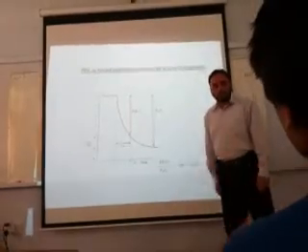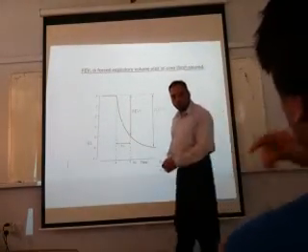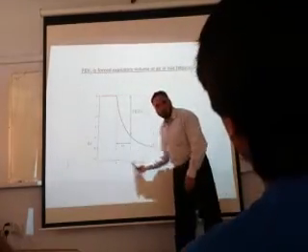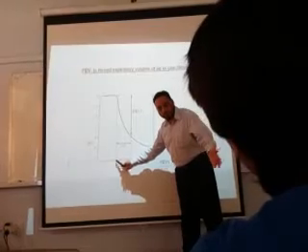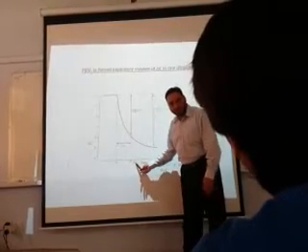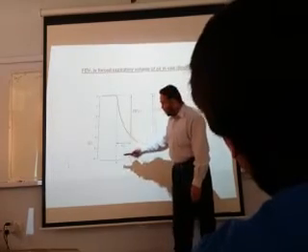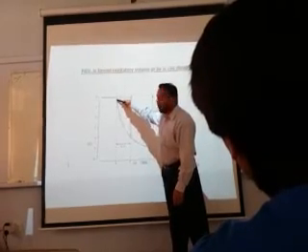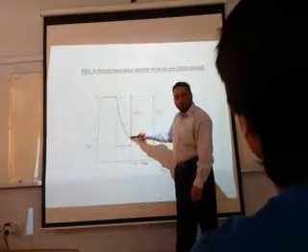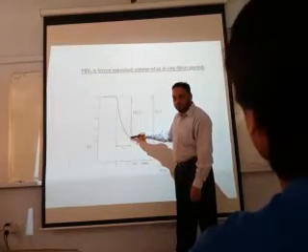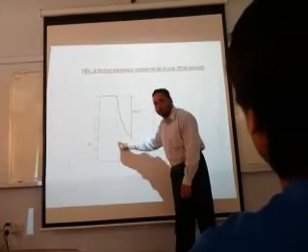Doctor, from where can we read it? There is a machine called a spirometer. On this axis there is time, so this is 0 second, this is 1 second, this is 2 seconds. You take the graph and make a point at 0 second, and then another point at 1. This duration is 1 second.